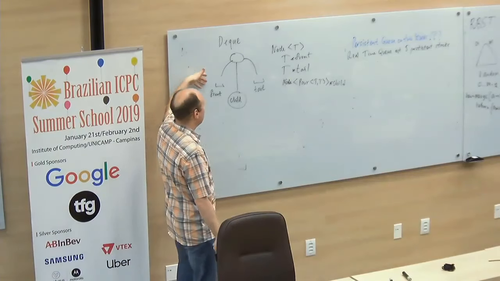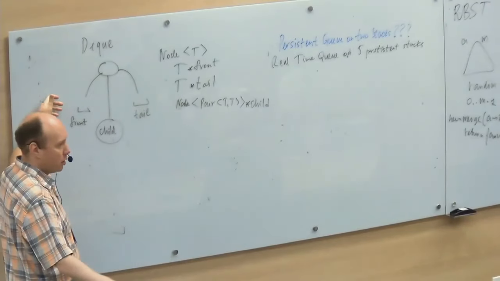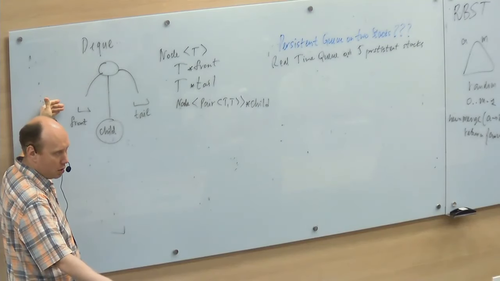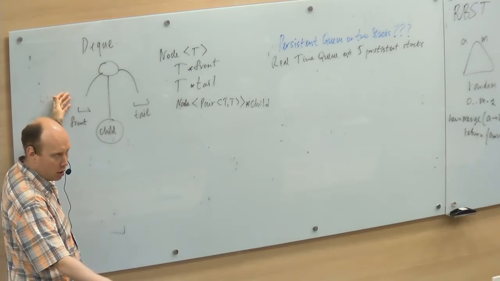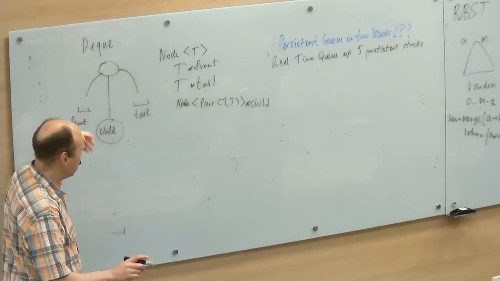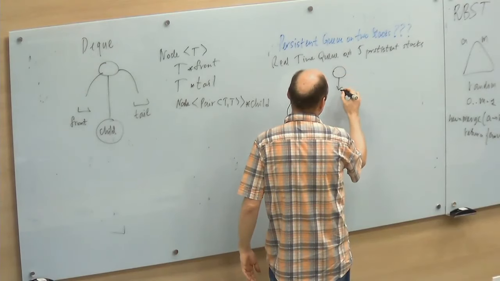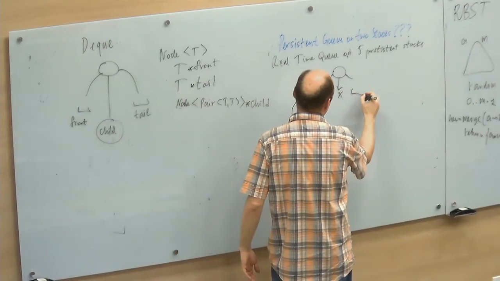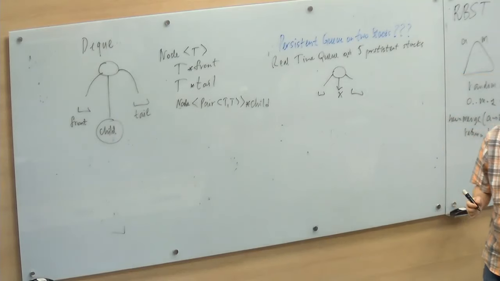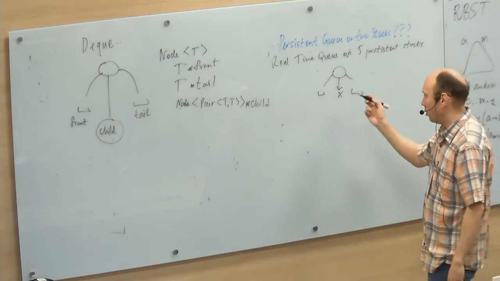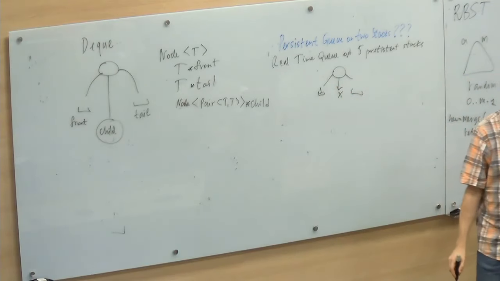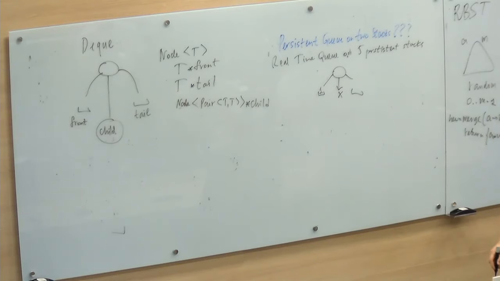Suppose you make push from this side. If front element is empty, then you just put it here and you have a front element. So let's try. We begin with an empty one. It has no child, no front, and no tail. So we push to the front and say the number 1, and if it's empty, just occupy this place. If front is not empty, so for example, say we want to push 2 here,